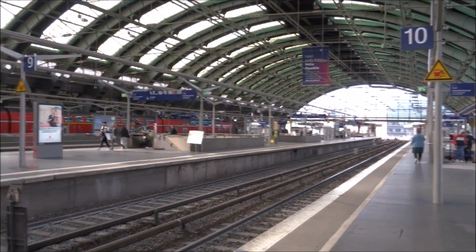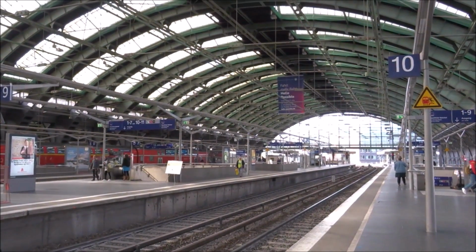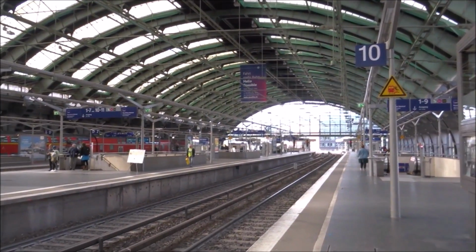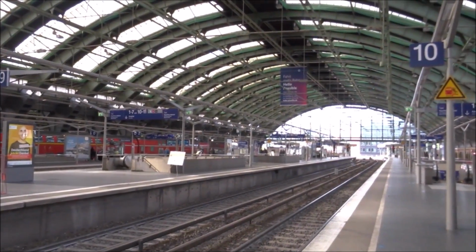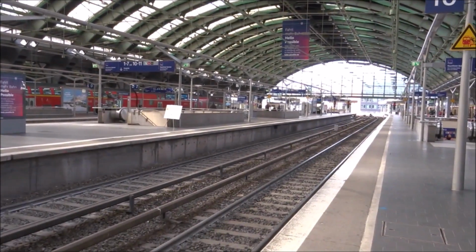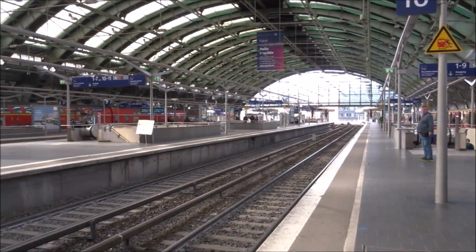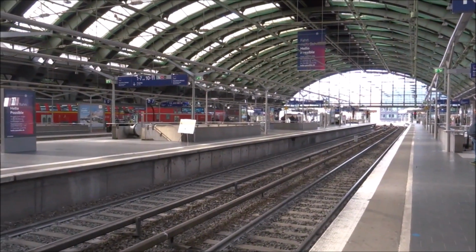And so here I am at Berlin Ostbahnhof, which first opened in 1842 and was originally known as the Frankfurter Bahnhof. During the Cold War, Ostbahnhof was East Berlin's main station. Along with Lichtenberg station further to the east, Ostbahnhof served trains towards Dresden and international trains to other Eastern Bloc